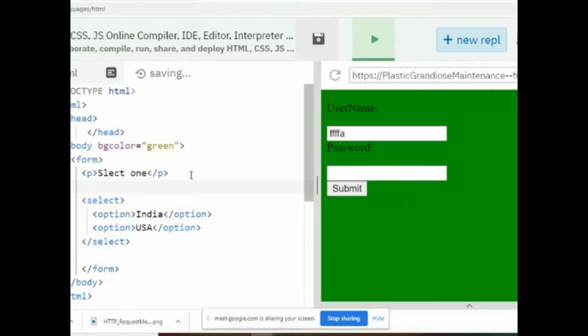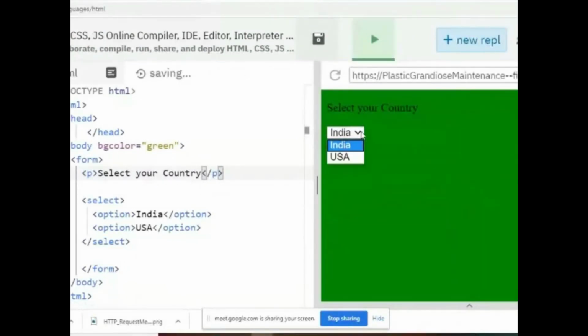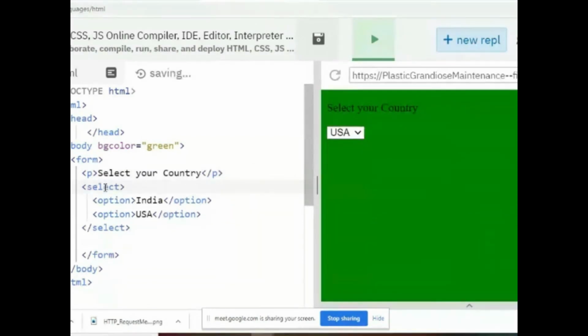Then the label, whichever you want, you can write here as select your country. So I get the countries, and whichever I want, I can select. This is how you can create a drop down list. Sorry, not checkbox, a drop down list. You can use the select tag for creating a drop down list.